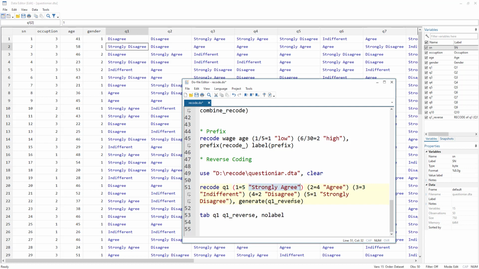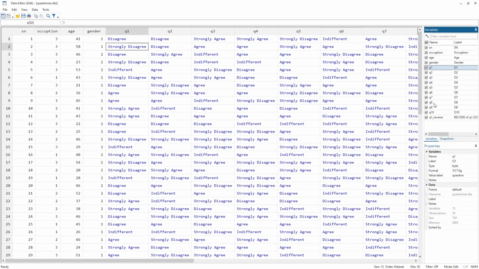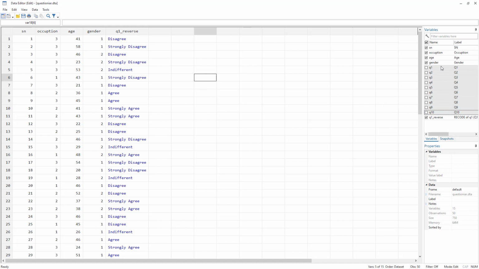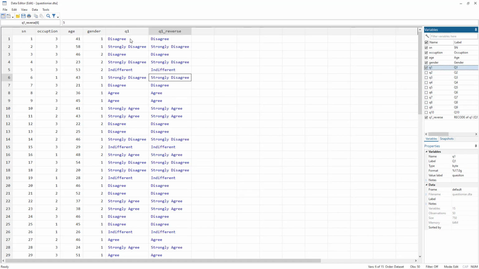So just the reverse of what we currently have. So I would name this Q1 reverse, and let's just uncheck the other variables so we can compare them side by side. So this is Q1,